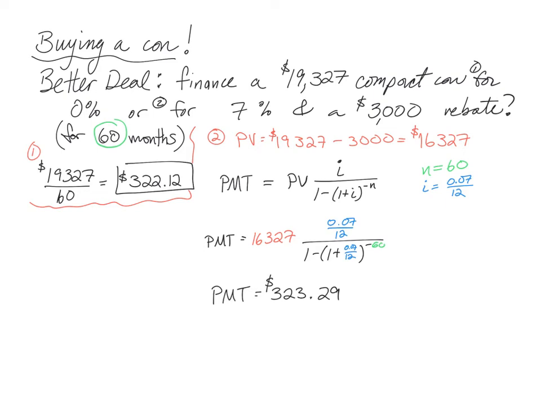Okay, but by how much? How much money will this actually save you? In order to answer that question, we just have to take the bigger amount minus the smaller amount. So we get some positive number. The savings would be $323.29 minus $322.12, leaving us with a whole $1.17 per month